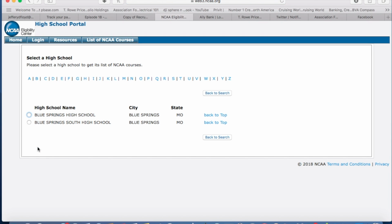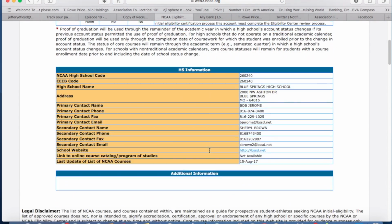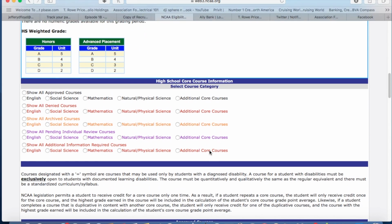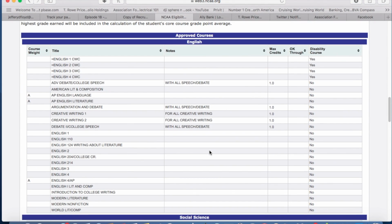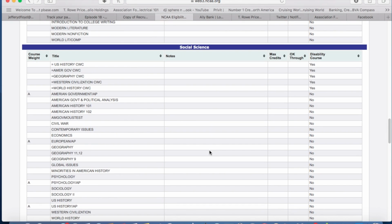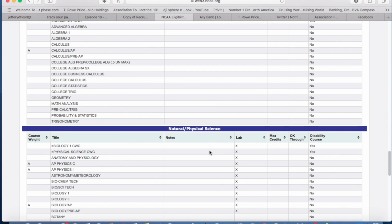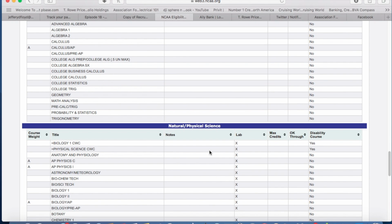Now there's 2 high schools in Blue Springs. I go to Blue Springs High School, so I'm going to type that. And when you scroll down, it's going to give me all the courses at Blue Springs that are qualified as core courses. Basically, again, you can look in episode 17. Basically, these are college prep courses. So now, going back to my worksheet,